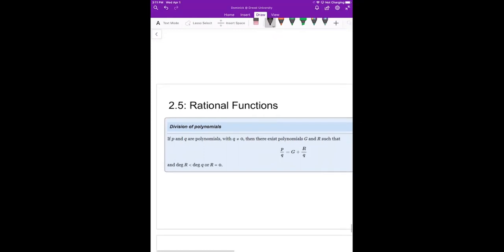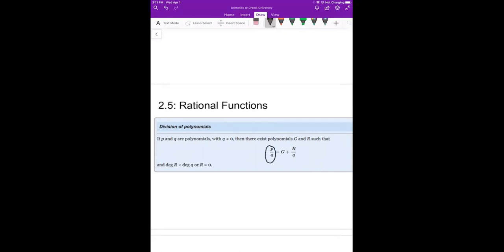Now, this theorem says that if you have two polynomials and you want to divide them, then you can either divide them cleanly, and that's the case where r equals 0, so you get a nice clean polynomial g, or you end up with a remainder where the remainder has degree less than your original divisor. And that's what we just had happen, because our divisor had degree 2